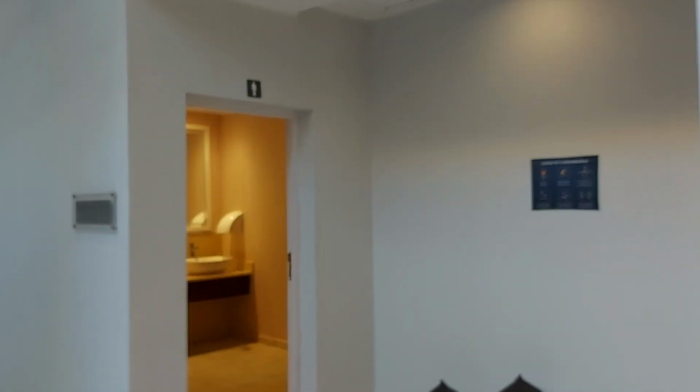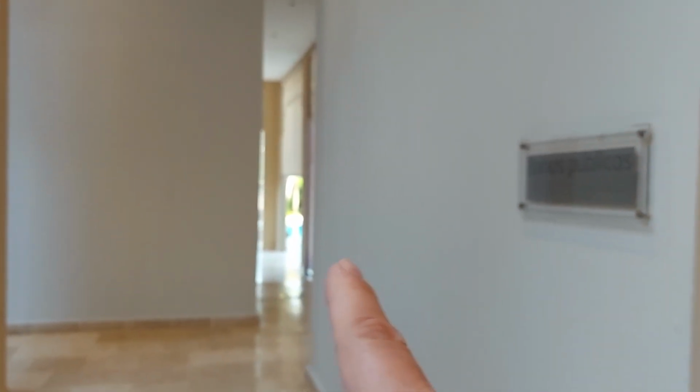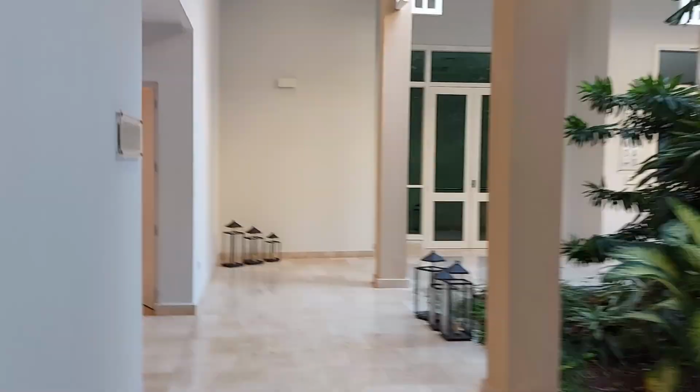There is a bathroom here. And if we can continue on, which I'll show you later, through there is the swimming pool. So the bar is right here, swimming pool is there. Oh, I'll just go now. Oh, and there is a ramp too. So if you have accessibility issues, there's a ramp. And to get you in and out, there's the bar. And if I turn back around to where I came, I also just noticed that there's actually an accessible bathroom here too. So I'm going back to the main lobby,